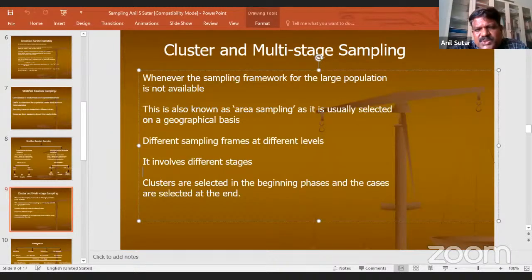Suppose I want to study the small farmers in Maharashtra. I don't think getting the list of all these small farmers in Maharashtra is that easy. Of course, nowadays, thanks to the digitalization of land records, but still it is a very gigantic task.